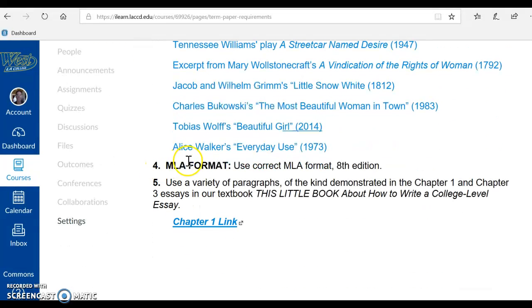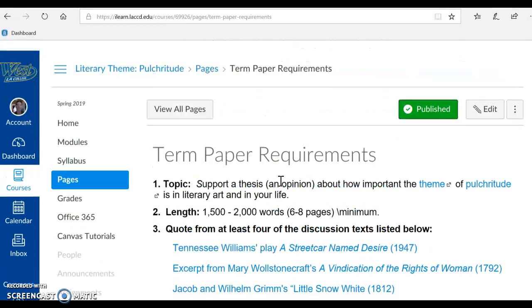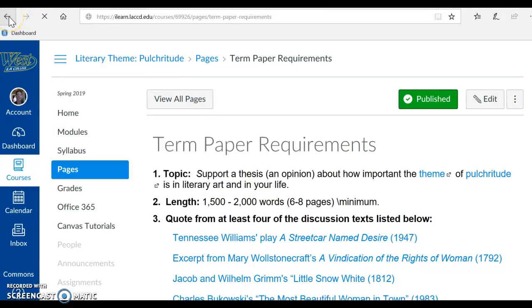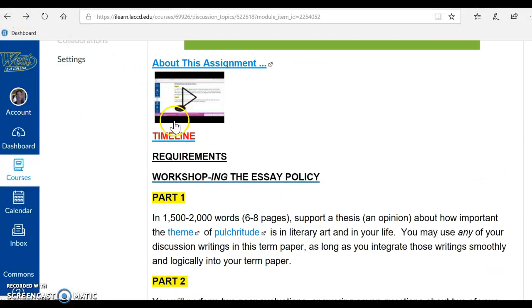And our 4th requirement, MLA format. Use correct MLA format, 8th edition. And 5, use a variety of paragraphs of the kind demonstrated in the Chapter 1 and Chapter 3 essays in our textbook, This Little Book About How to Write a College-Level Essay, and we have a Chapter 1 link here. Please do not write the 5-paragraph essay. It is not a college-level essay, and we need to write a college-level essay which will contain a variety of paragraphs. Okay, I'm going to scroll back up, click on the back arrow, which will take me back into our